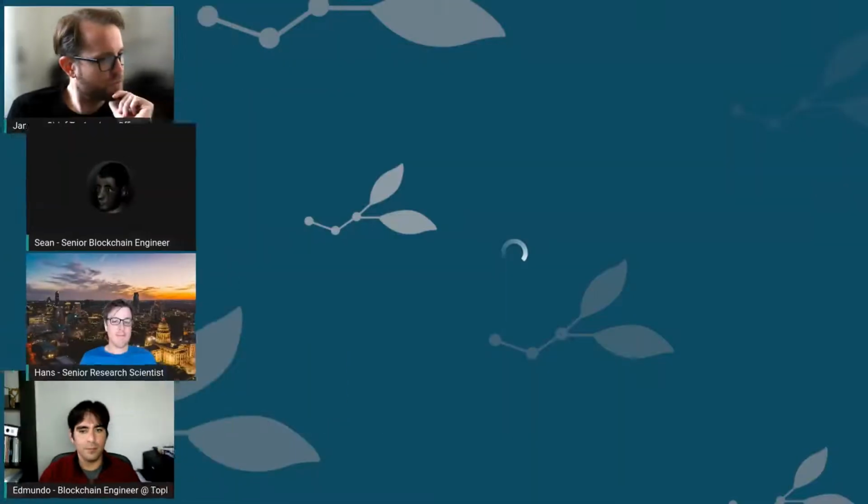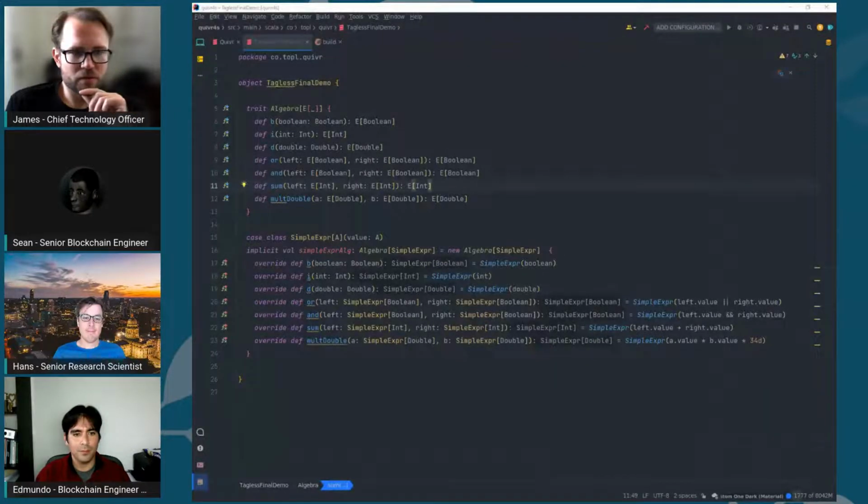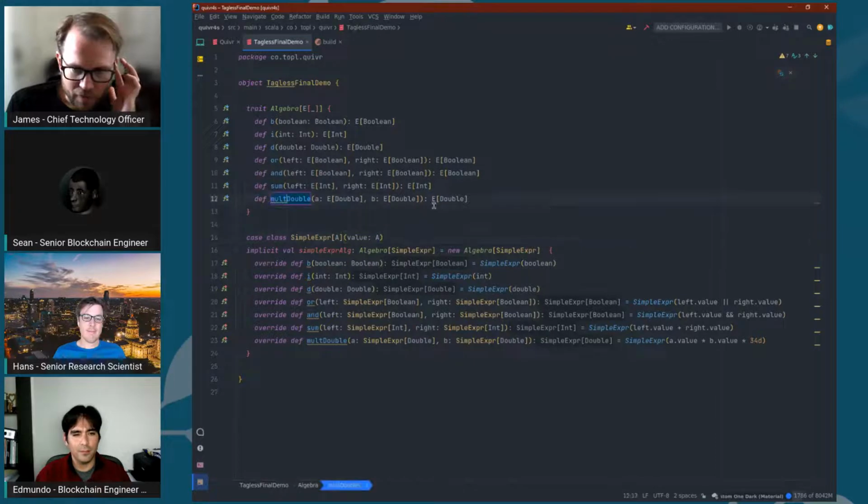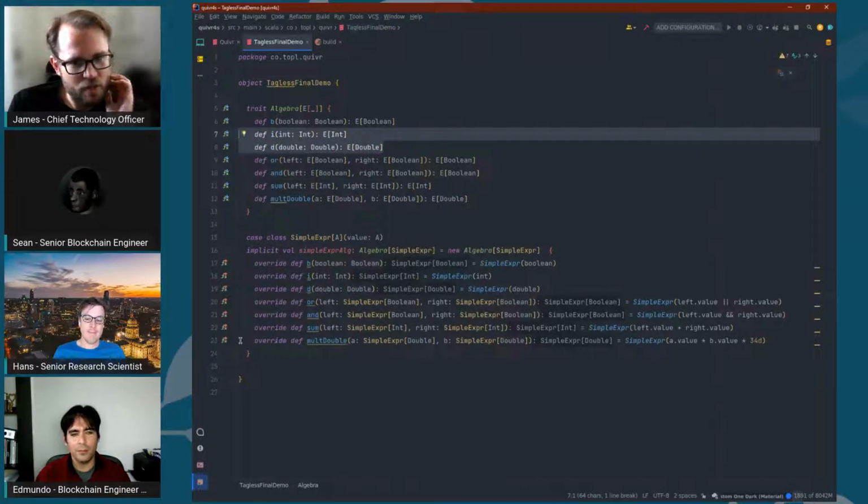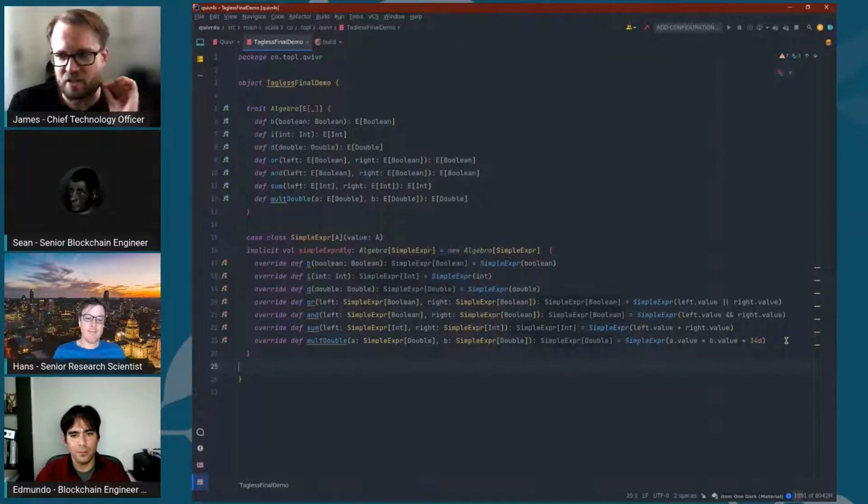Cool. All right, I'm going to hop back to this. Okay, so I think we got our multiply-double now. So now we add a new type. We add a new service logic, and the point I was trying to make though is